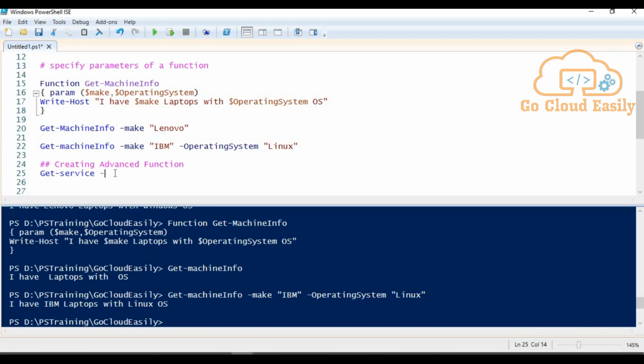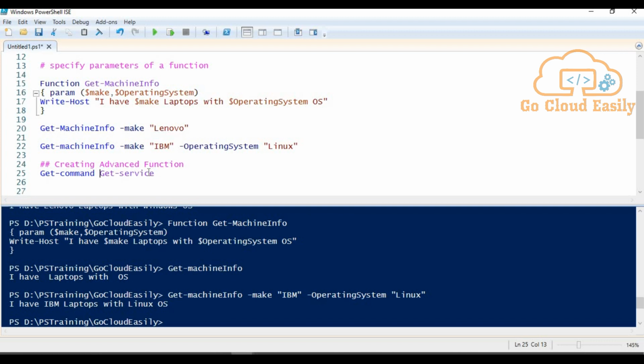Or in case you want to list the parameters of this command, we can use Get-Help or Help, or simply Get-Command, right?